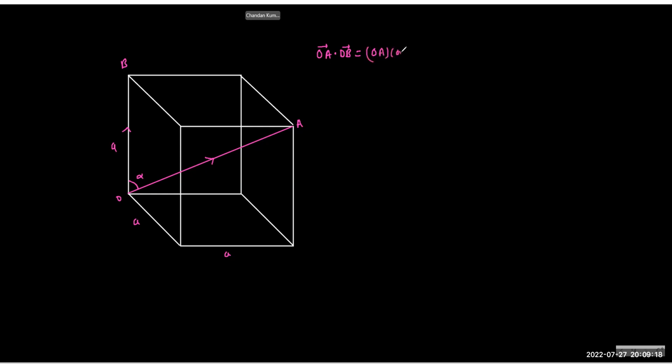OA OB cos theta. So we can write this as OB into OA cos theta. Correct? Yes. And what is OA cos theta? The projection of OA onto OB. So that's why, because we know this answer. So this is OB into projection of